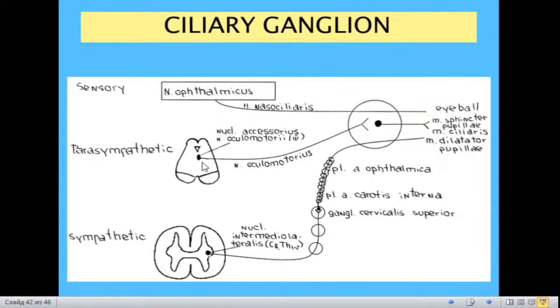Then, this ganglion receives preganglionic parasympathetic fibers. They originate from Yakubovich nucleus or Edinger-Westphal nucleus, or anatomically it is known as nucleus motorius nervi oculomotorii. Then preganglionic fibers move through the oculomotor nerve and its branches and interrupt in the ciliary ganglion. Third, fibers